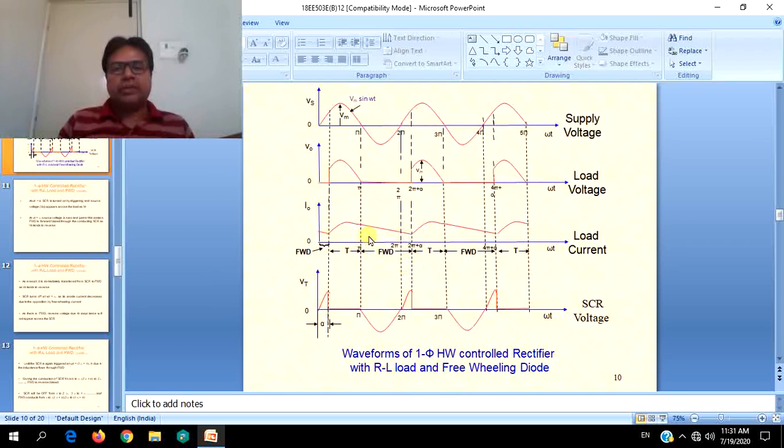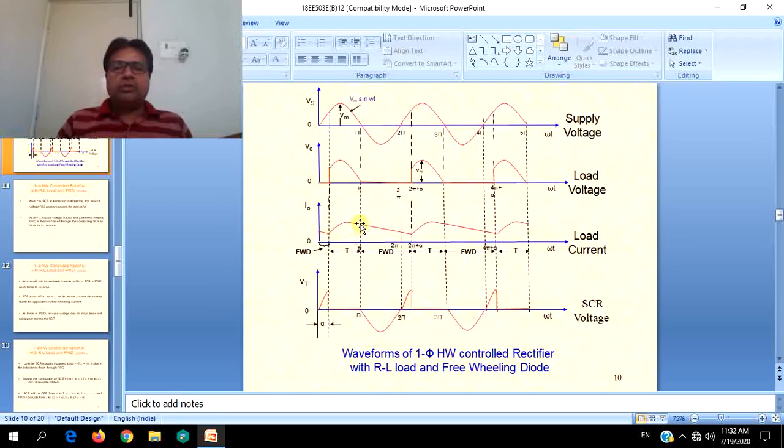In this particular waveform it is shown that the current will not become 0, or the circuit parameters will be designed such that it will have a certain value. We can also design it to start from 0 and become 0 also. All these things will depend on the actual inductance value of the load inductance. Now when we compare with the previous waveforms, this is shown to be continuous. The average load current is shown to be continuous in this.